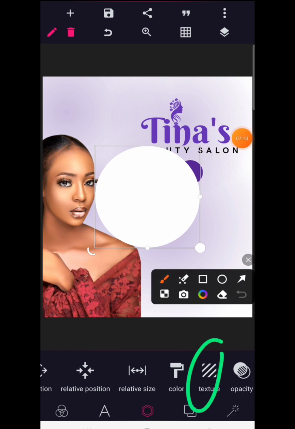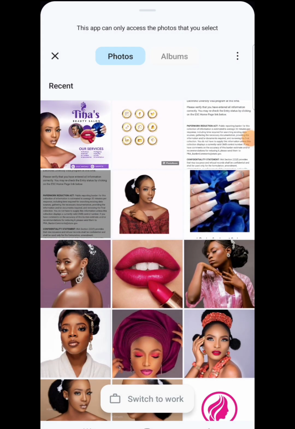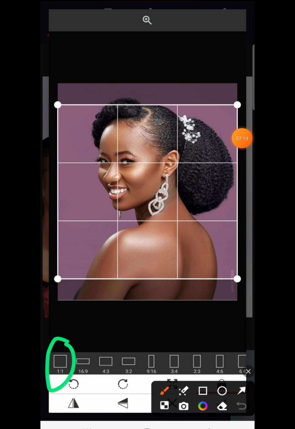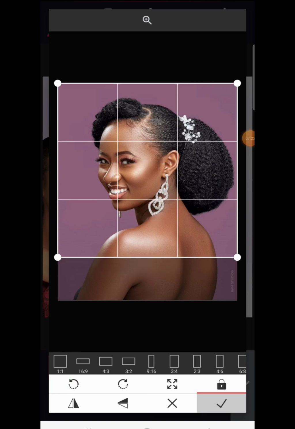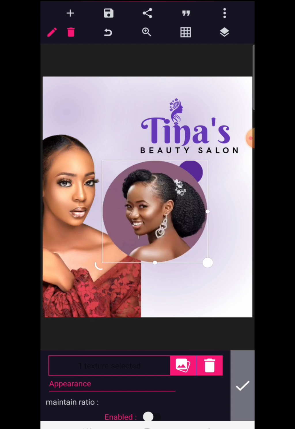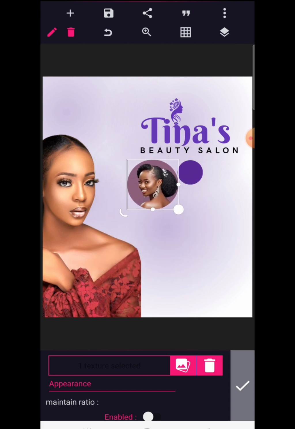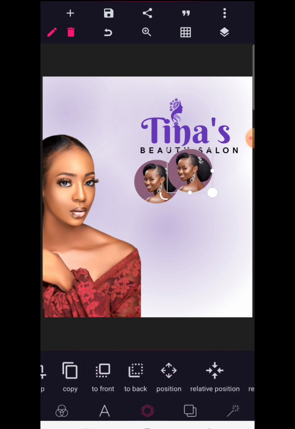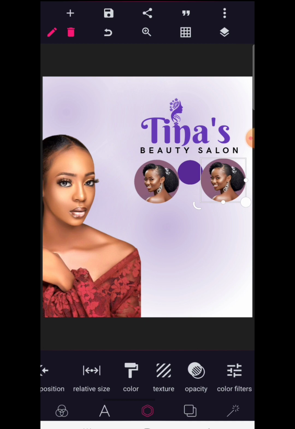Then let's give this circle a texture. So by now you must have all your beauty elements, and the first texture we are giving is this. Click on the square cropping 1:1 ratio, pull it up and click on your check mark. Then you have something like this. Now position it here neatly. Alright, this way. Then now let's make a copy. Position it this way, go to texture,